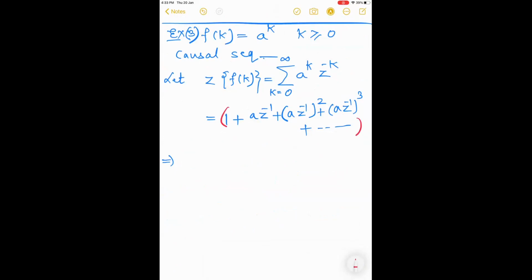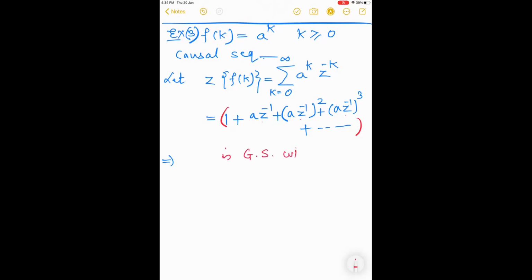How to identify a geometric series? Always see the second term upon the first term, the third term upon the second term, the fourth term upon the third term, and like that. The ratio remains constant. Is it happening here? A upon z. Yes. So this is a geometric series